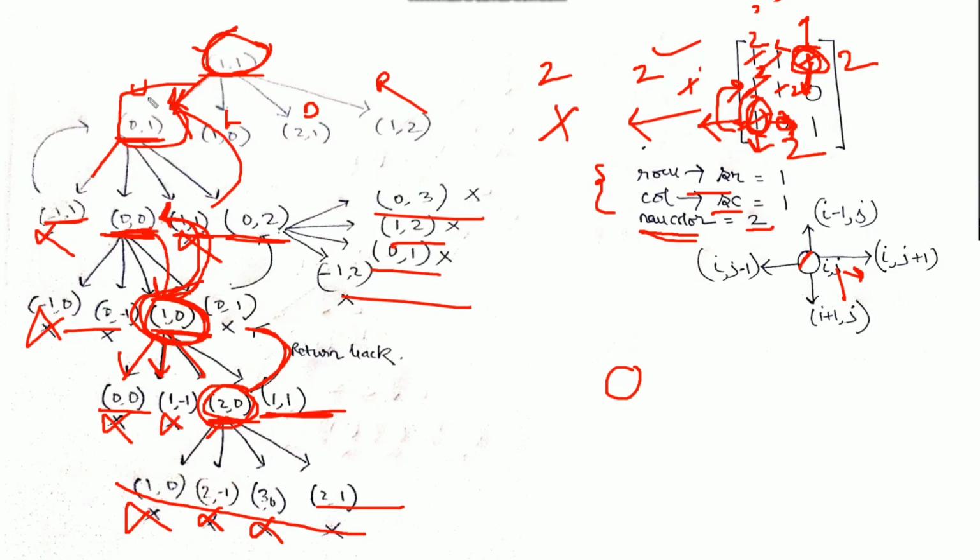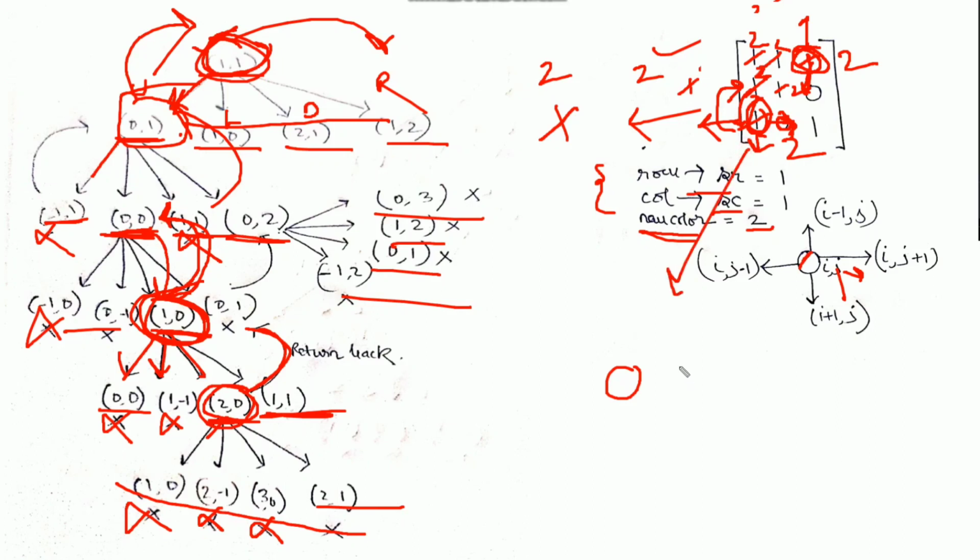0 comma 1 we have already traversed. Next is 1 comma 0. For 1 comma 0, 2 comma 1 and 1 comma 2, they are either not valid locations, or we have already visited these locations, so we will not traverse them again. So we'll return back to the caller, that is 1 comma 1, and from 1 comma 1 we will return back to the main function. And finally we will print the modified image. The modified image will be converting the connected ones to 2. So finally we will print 2 2 2 2 2 0